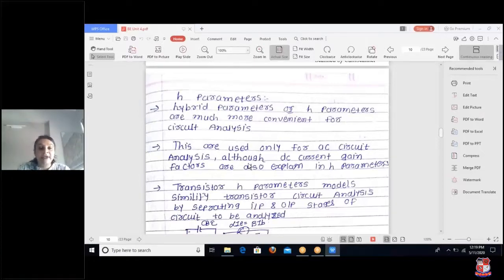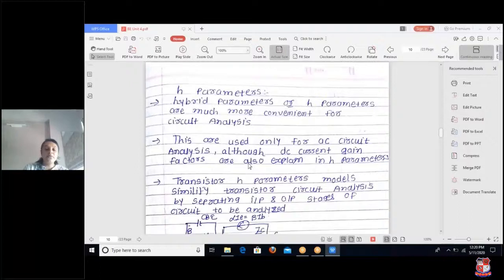And H parameter is more convenient for circuit analysis compared to other analysis, and these are used only for the AC circuit analysis. Okay, so the transistor H parameter model simplifies the transistor circuit analysis by separating the input and the